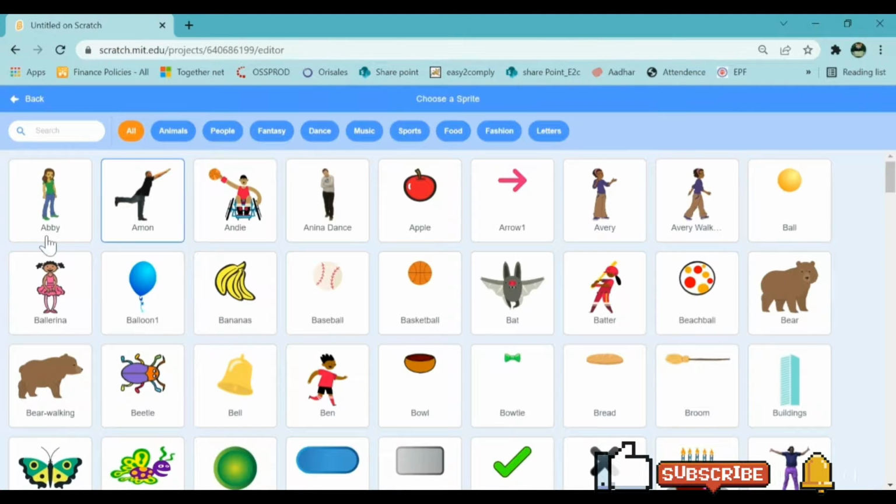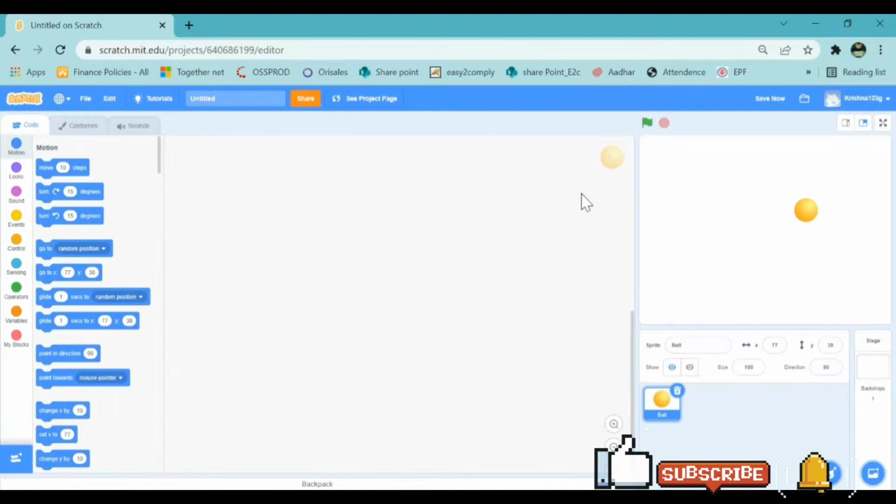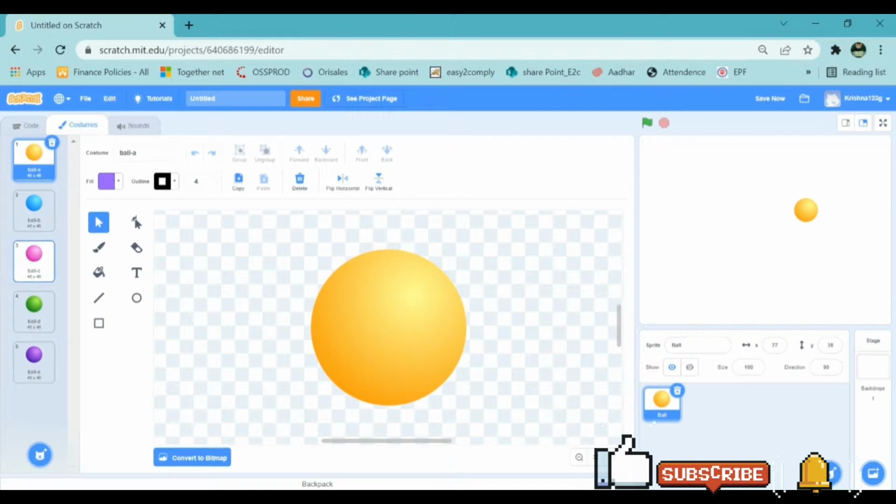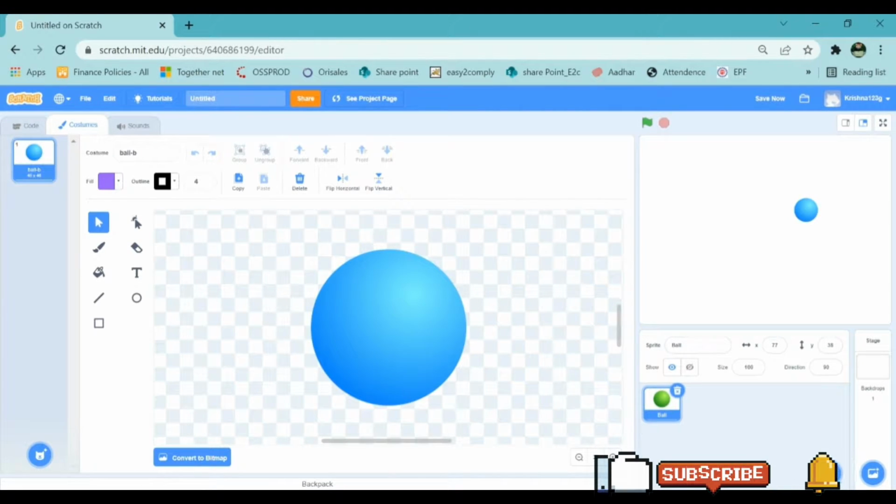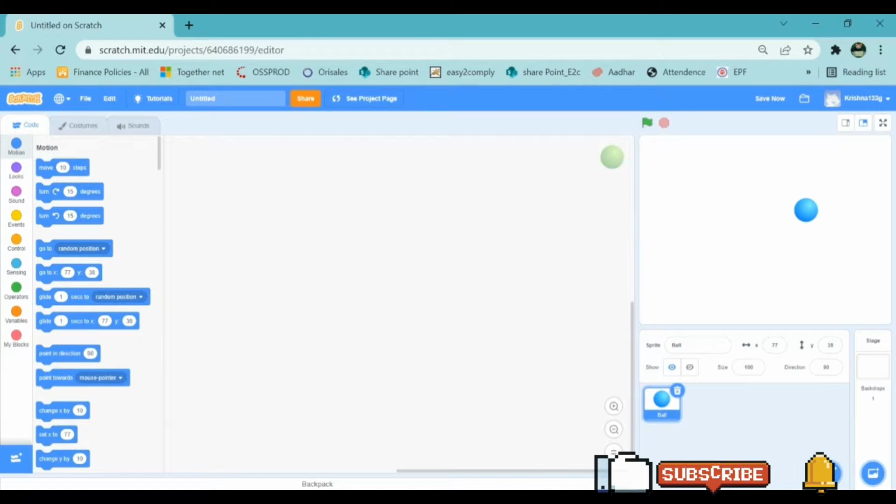The rest of the others we will create. So let's search for a ball. Then go to costumes. You can select any ball. So I am selecting the blue color. I am deleting the others. Delete everyone. So now